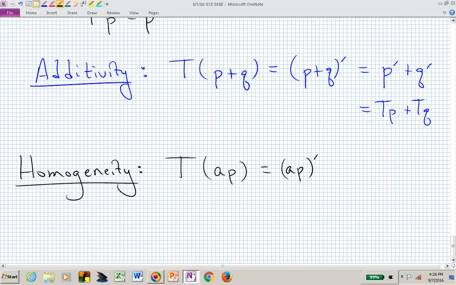It's not a function of X. And that's what we set out to show, that T of AP is equivalent to A T of P. Homogeneity is true